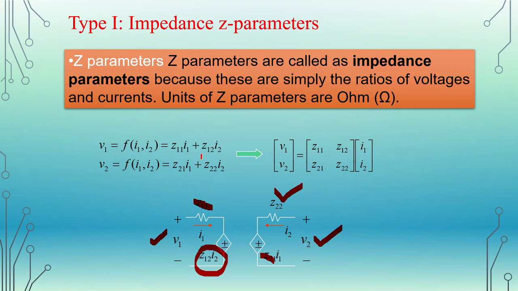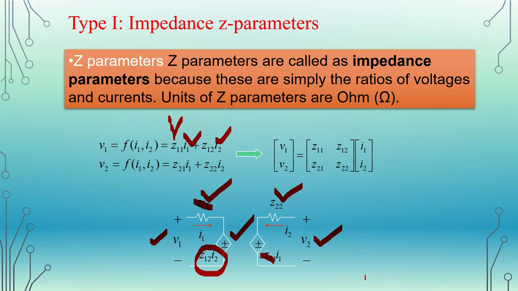So from here we have the expression on the input side, Z11 I1, because what is the V1? Total V1 will be divided between this particular resistance and this source. So for this source voltage, V is equal to IR. The current flowing is I1 and the resistance here is Z11. So the voltage across Z11 is Z11 I1, and the voltage across this particular Z12 is the product Z12 I2, same. So this is the voltage for this and this. So the total supplied voltage is divided between these two for the input side.